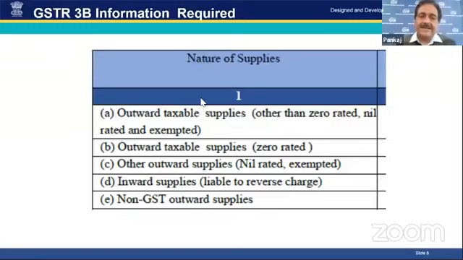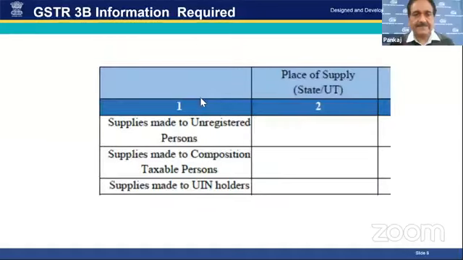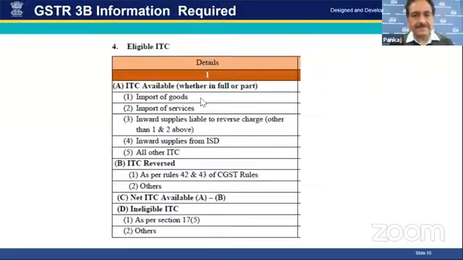Similarly, in another column, the nil rated and exempted products value and other details are to be given. And non-GST outward supplies are to be entered in the format also, while filing a GSTR 3B. So in other columns, supplies made to unregistered persons, supplies made to composition taxable persons, and supplies made to UIN holders, details are to be furnished in the relevant column of GSTR 3B.